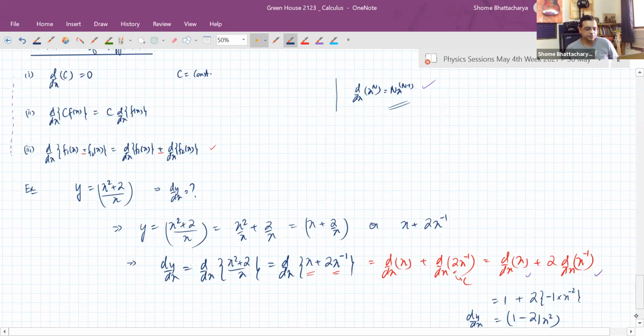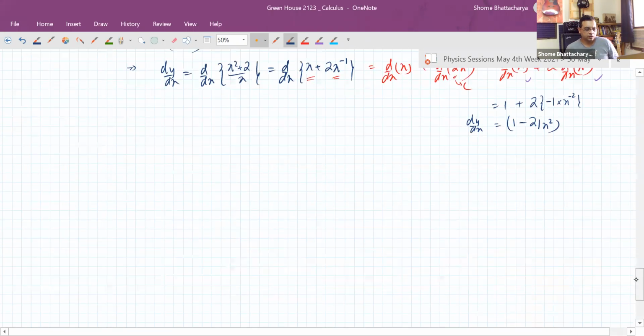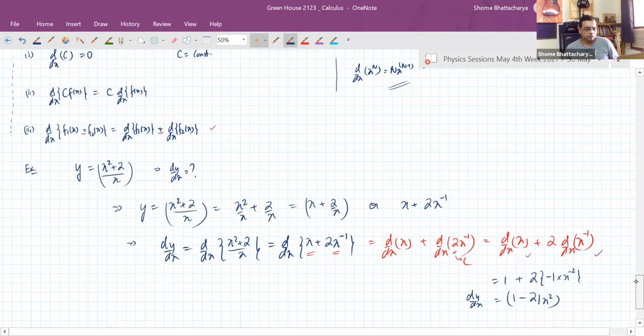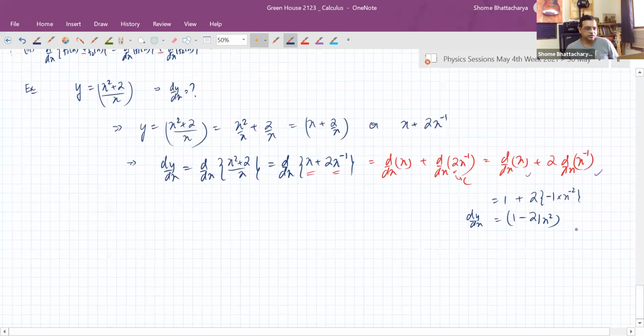Right. So hope this example is clear to all. Okay, so let's just do a couple more examples and then we'll move on to the doubts. So find dy by dx for